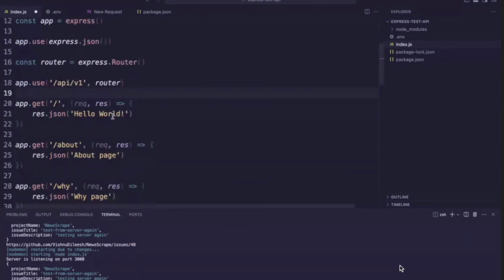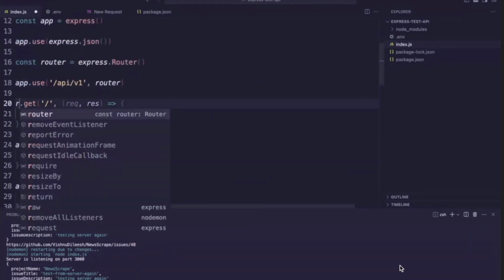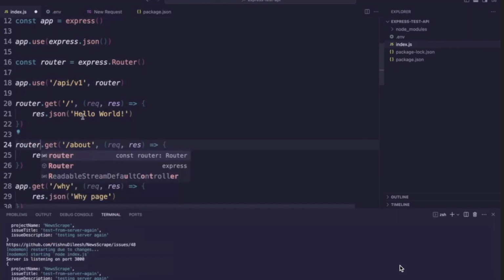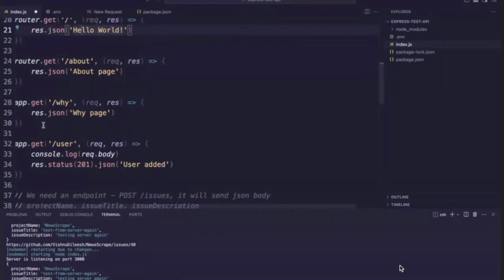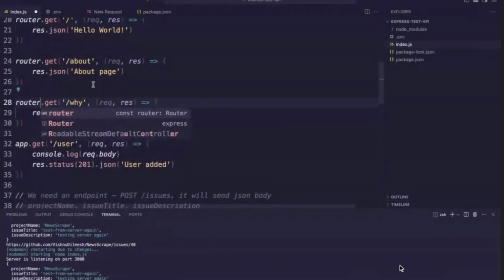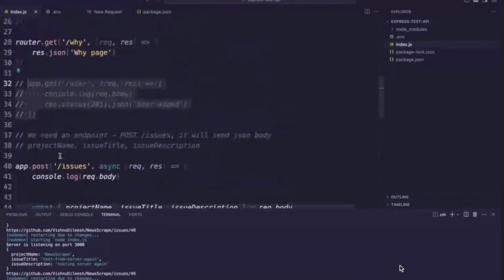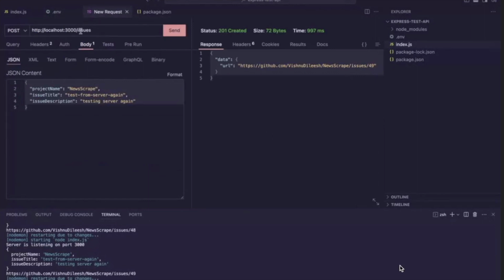So what this will do is, now if I come here and change these two routers, basically we're just abstracting it and using this. Now if I go to /y,